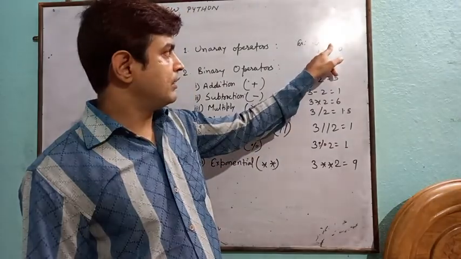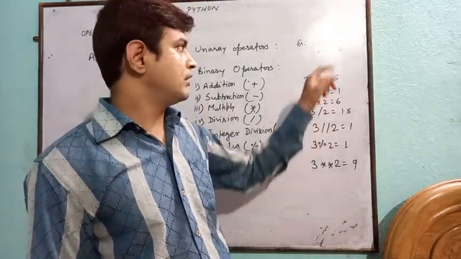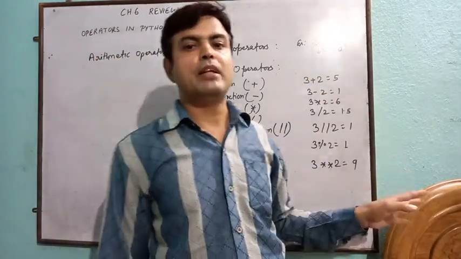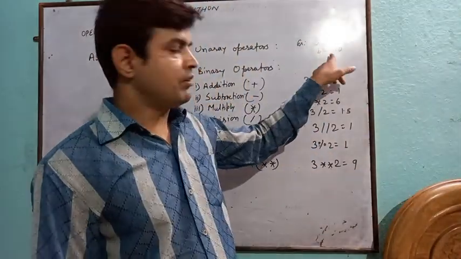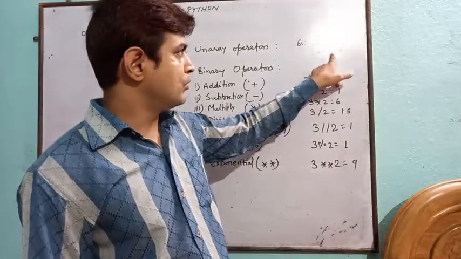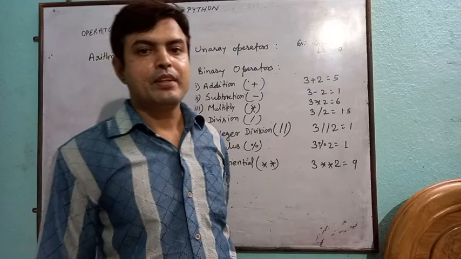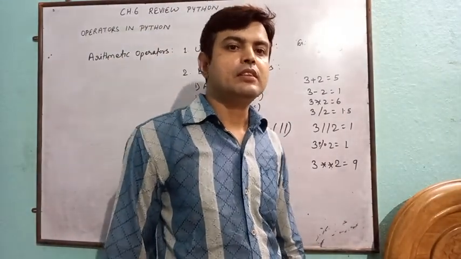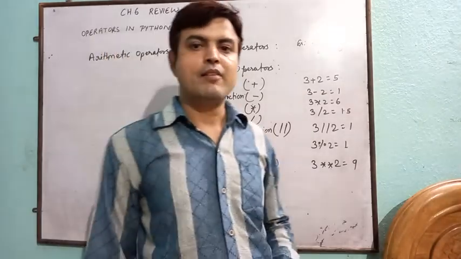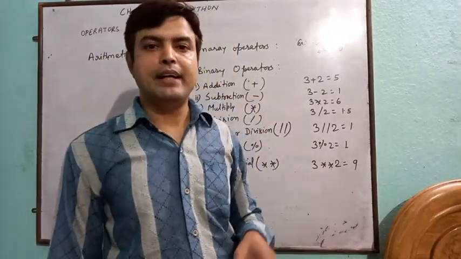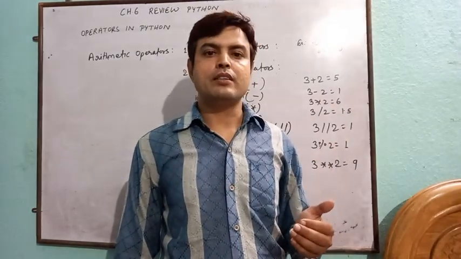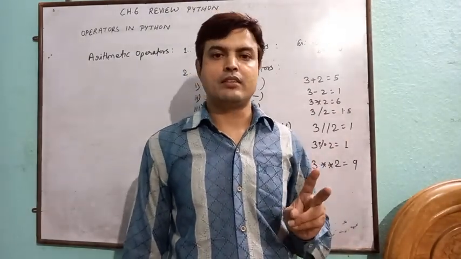A equal to 10 requires only one operand; the plus is not mentioned, but if the value is negative then the sign must be mentioned. So b equal to -10. So these are unary operators, and it will become more clear after discussing binary operators, such as plus, minus, multiplication, division. These all operators require two operands.